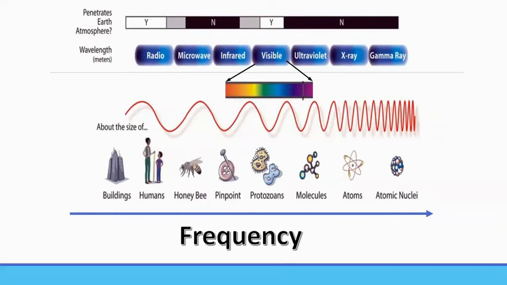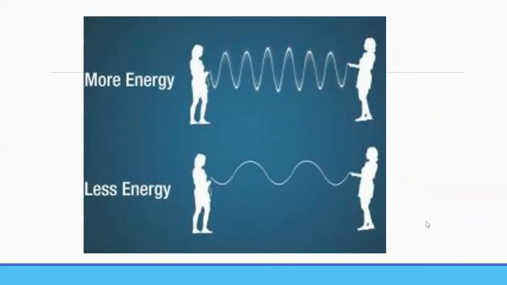Now, as wavelength increases, frequency decreases, right? And as wavelength gets smaller, frequency gets larger. Remember, frequency is how many times the wave oscillates in 1 second. Right? High frequency waves have more energy, right? Low frequency waves